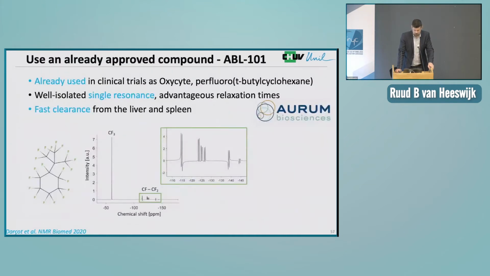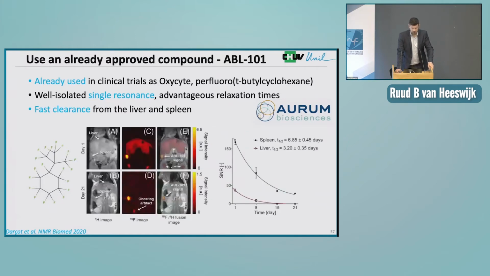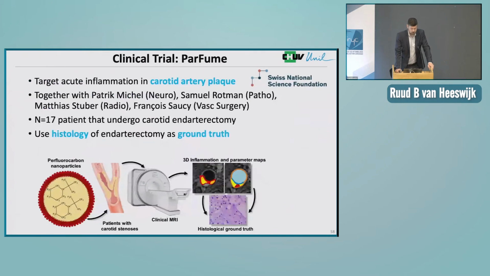Then we did some characterization together with the startup company in Scotland of a new perfluorocarbon that's already approved. So this can be used in clinics in humans basically the moment we get the documents. And this in turn led to a clinical trial that we're setting up at the moment. So we're waiting for the last OKs for this perfluorocarbon, and then we're going to study acute inflammation in carotid